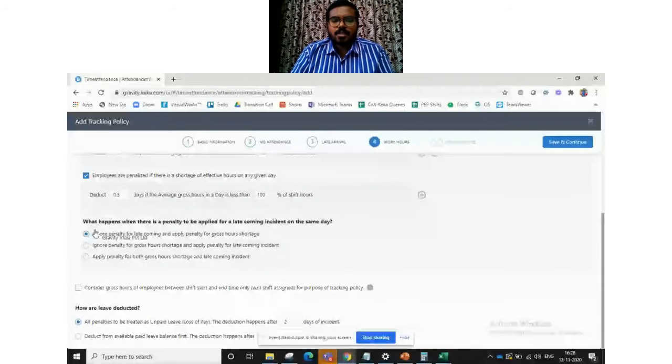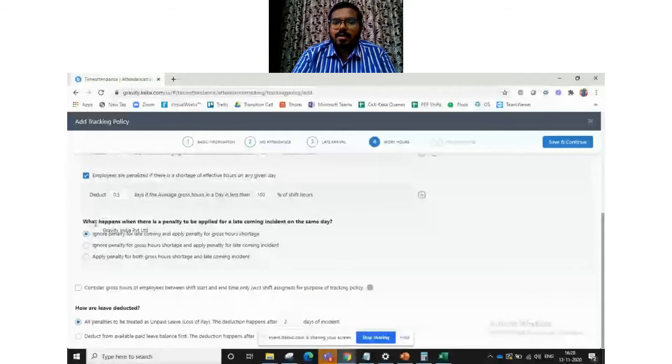And then we have conditions here. What happens when there is a penalty to be applied for a late coming incident on the same day? So let's say the employee has come at 11 o'clock and has left at 6:30. 9:30 to 6:30 is my shift. I came at 11 and I have left at 6:30. What should the system do? Ignore the penalty for late coming and apply because of gross hour shortage.